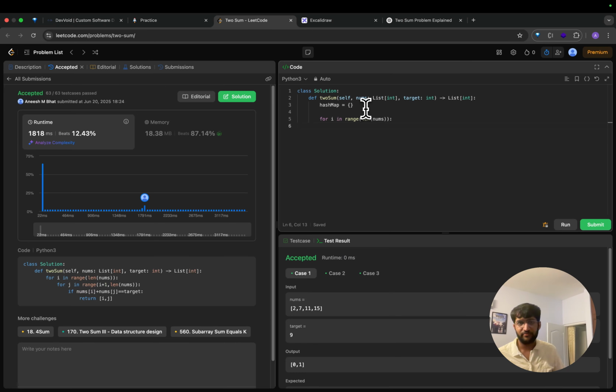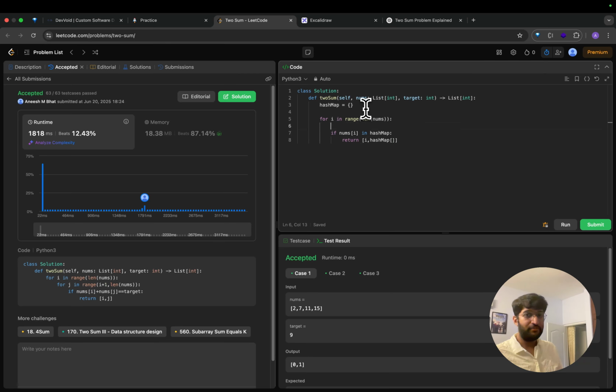Length of nums. If nums[i] in hashmap, instant access, I know instantly that it exists or does not exist. If it is present, well, return i, hashmap of,